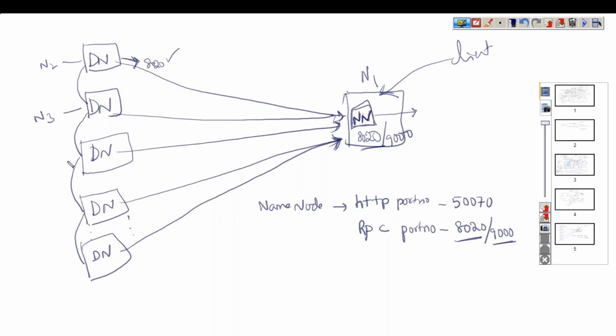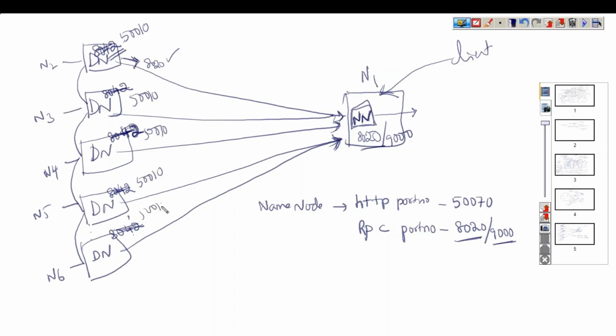Take nodes N3, N4, N5, and N6. The port number is 50010. These are the default values, and we can configure them if we want. Some organizations configure them according to their requirements. Here, for the data node, what is the HTTP port number?